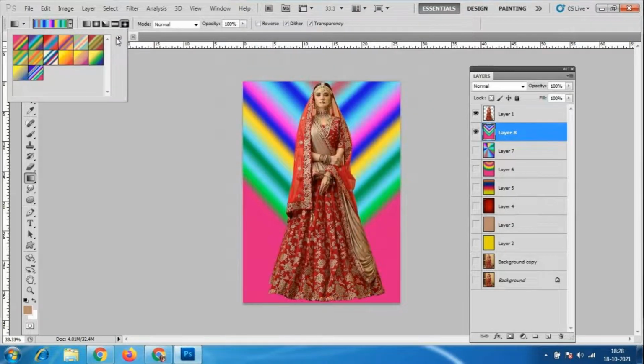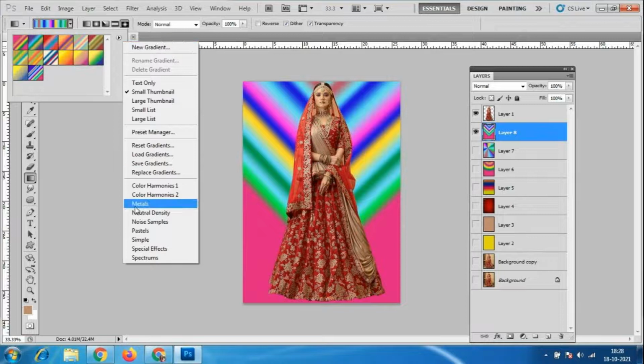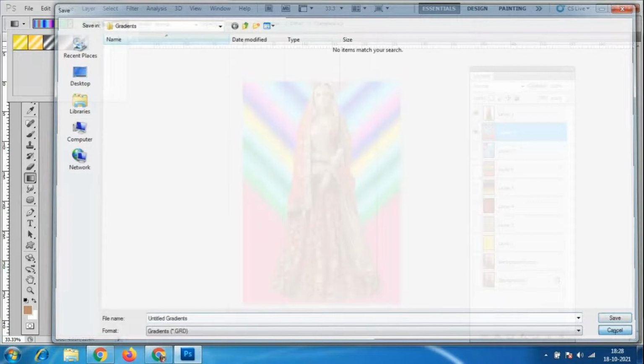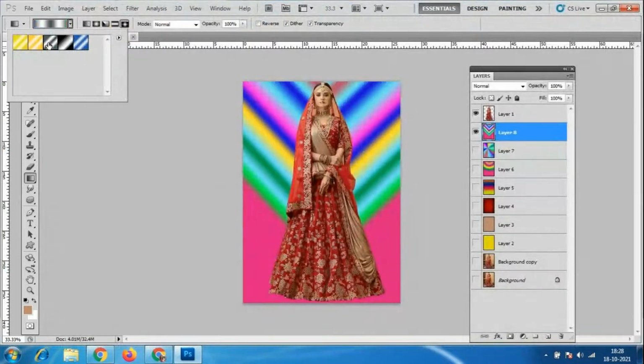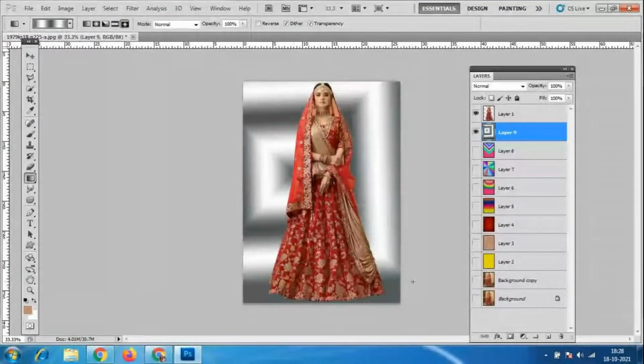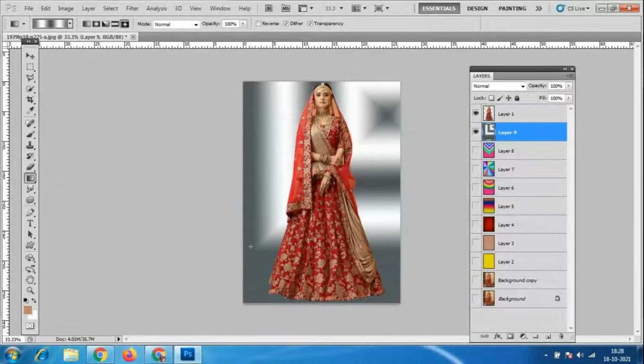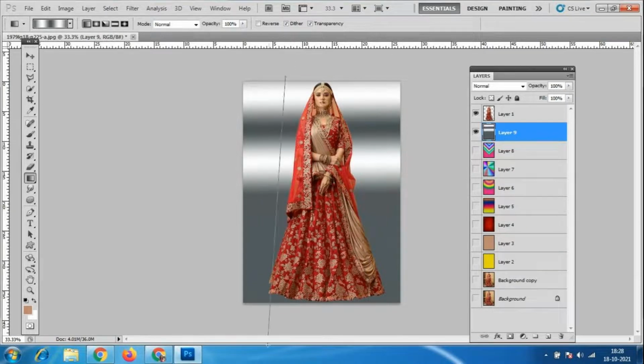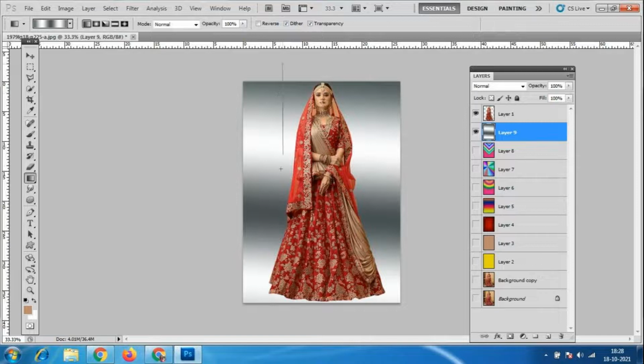So we have the tool called here in the preset option. There is an option called metal. Okay, just give this metal option. Again, I'm taking everything on a different layer because it is not suitable. See, black and white option. This is the black and white background. So when you have this linear color, you will get a color like this linear option. If you drag it so much, we will have the option like this, the metal.